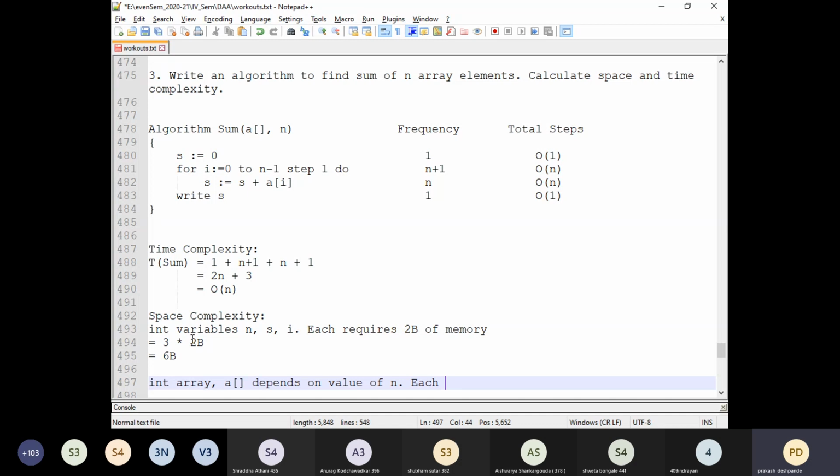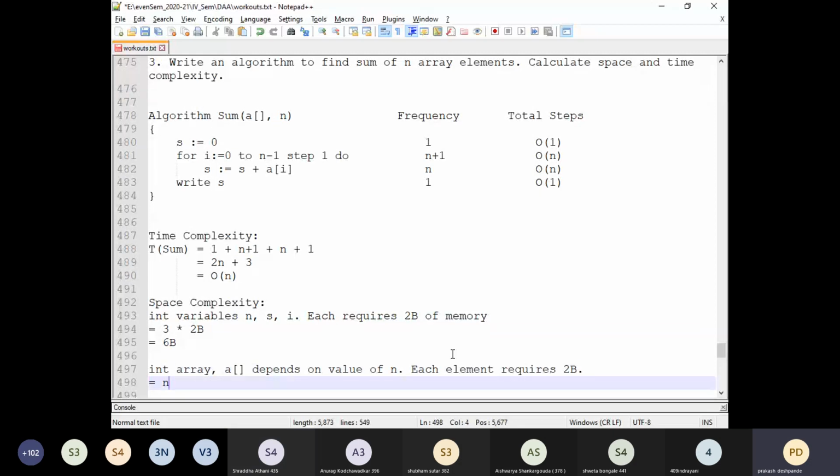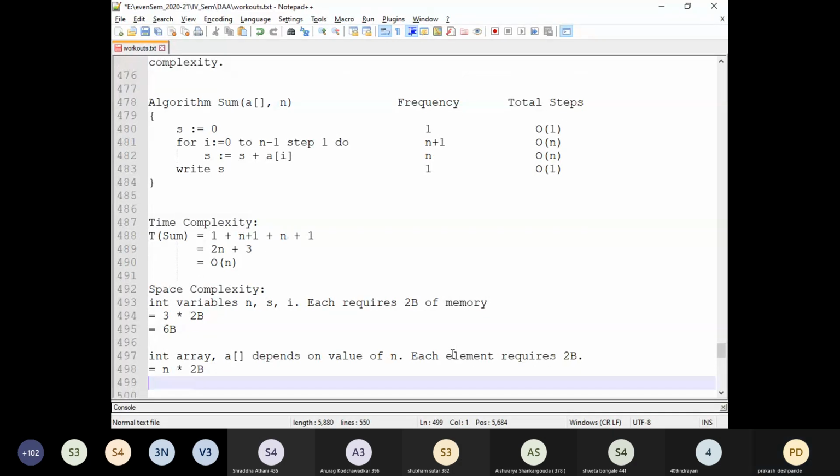In this array, each element requires 2 bytes of memory. That means if there are n elements, then the total size will be n into 2 bytes. Understood? Then I can write it as 2n bytes.